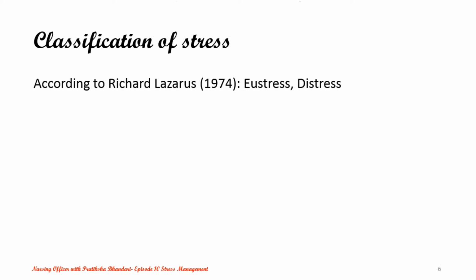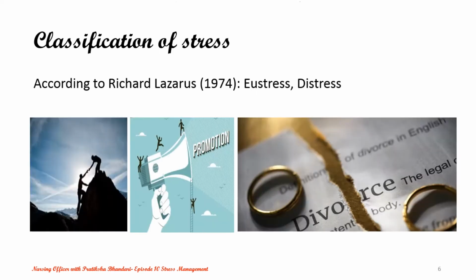Stress can be classified as eustress and distress. Eustress is the positive stress that promotes growth and accomplishment, like meeting a challenge, coming first or winning, getting a promotion, marriage, buying a new house. This is eustress that focuses on growth and accomplishment. It is also called good stress or positive stress, while distress